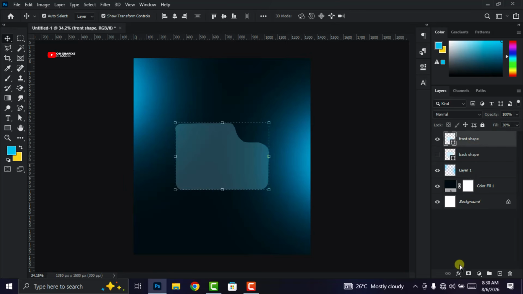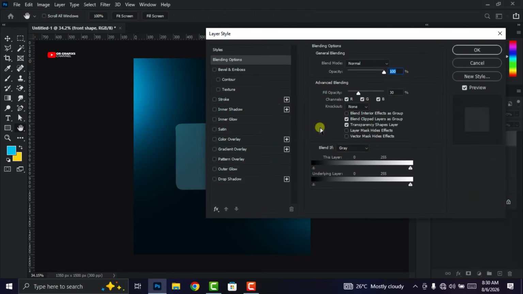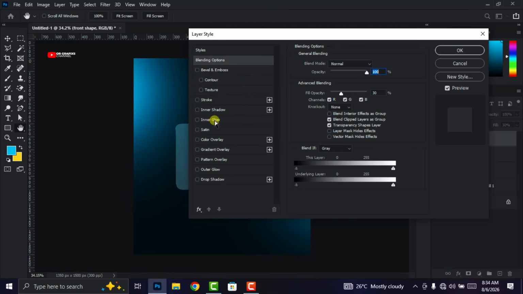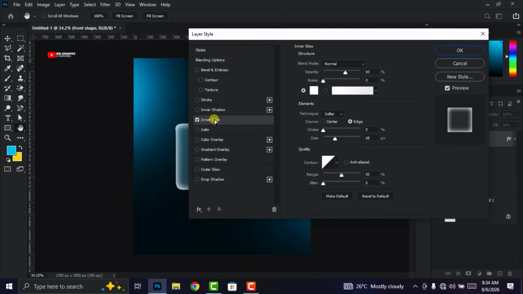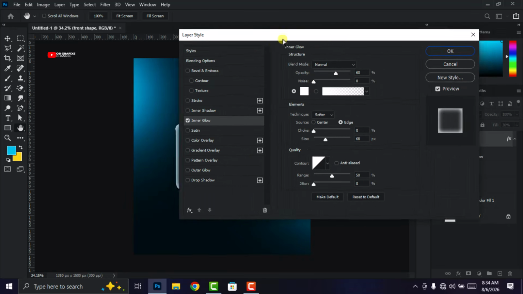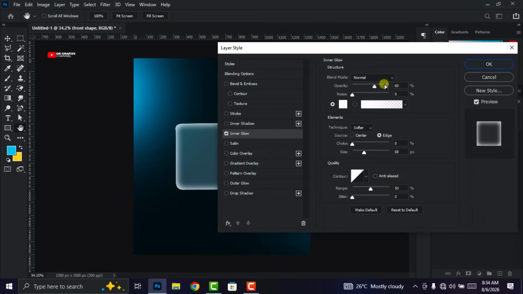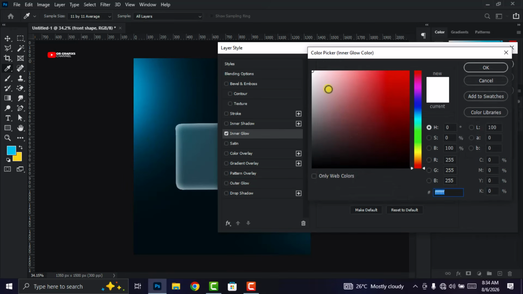And then we are going to head over to the FX option here and then click on blending options, right? Now head over to the inner glow right here, right? So that is what we are going to use. Now with the opacity, let me move it this way so you can see what we are doing. With the opacity, you can choose to increase it or decrease it, right? But then I want it to be more realistic, so I'm going to leave it at 46 or 45 is okay for me. Then you're not going to add any noise,